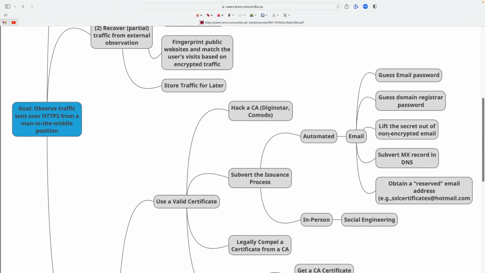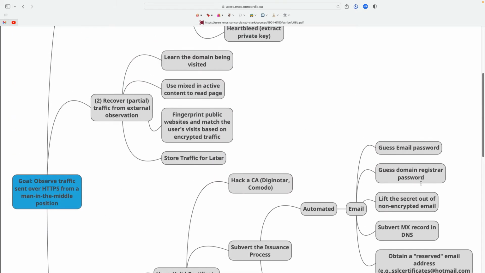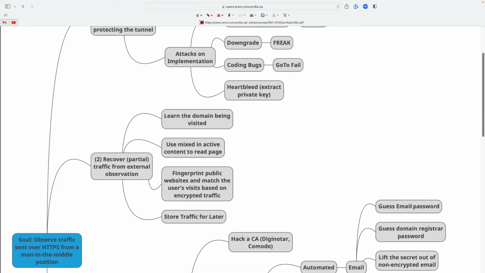First off, you notice that, for example, if I can guess your domain registrar password or I can guess your email password, those attacks are very similar, right? They both get me the email automated verification, which gives me a valid certificate, which allows me to subvert server authentication, okay? So these two attacks are much more similar than, say, guessing your email password and Freak, right? Those two attacks are a lot different, okay?